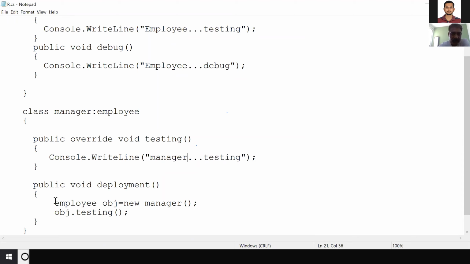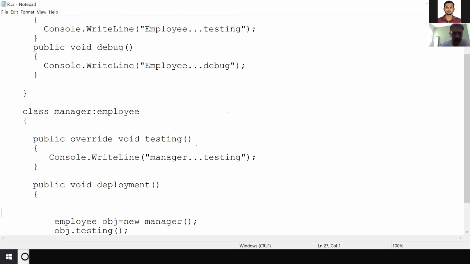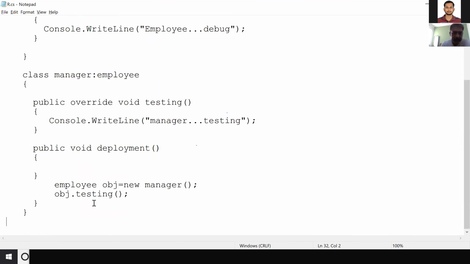And where is your main? You haven't taken the main. So close this function and define the main. Main is a primary thread. If you don't give a thread to a program, how can you go for memory allocation?